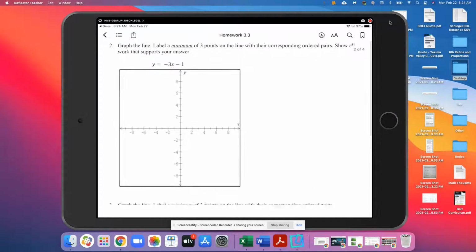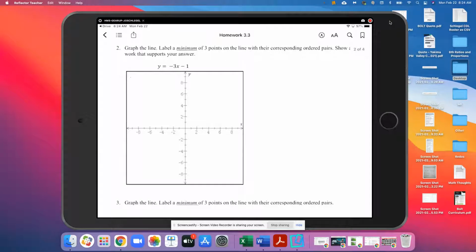All right, so we've got the next one. We have y equals negative 3x minus 1. So y equals negative 3x minus 1. My slope is negative 3 over 1. My y-intercept,